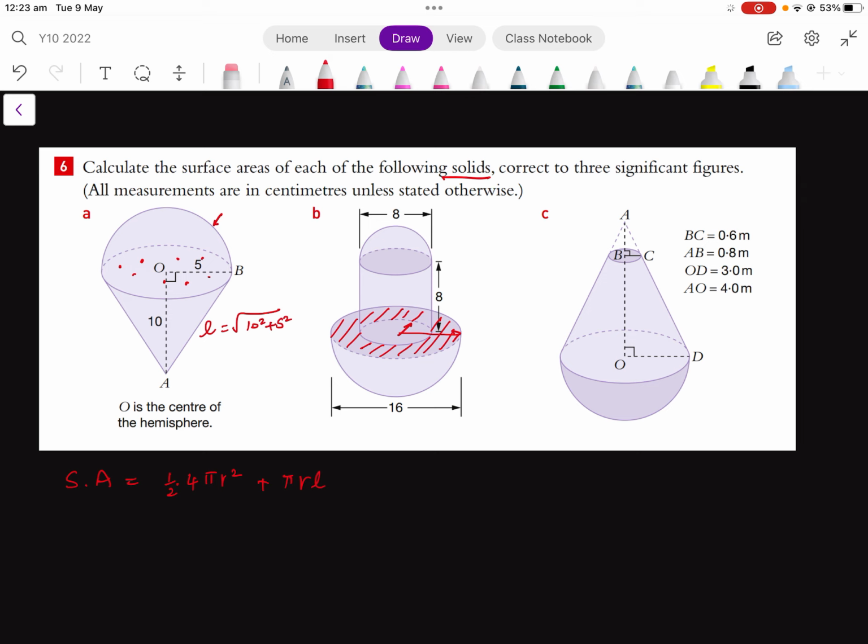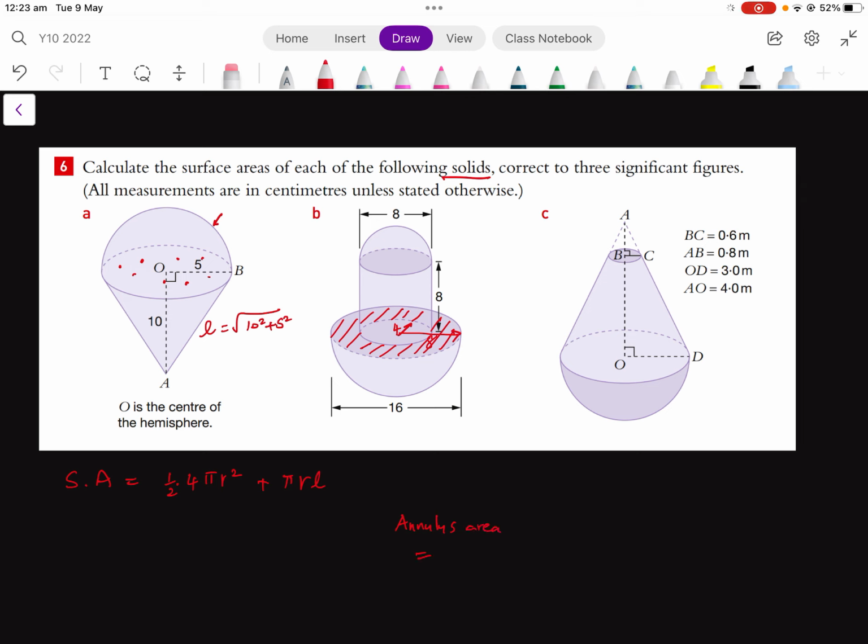The big radius is 8, and the smaller radius is of course 4. So I can say pi 8 square minus pi 4 square will become the annulus. So annulus area